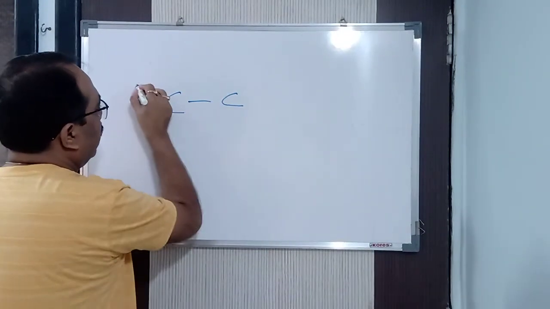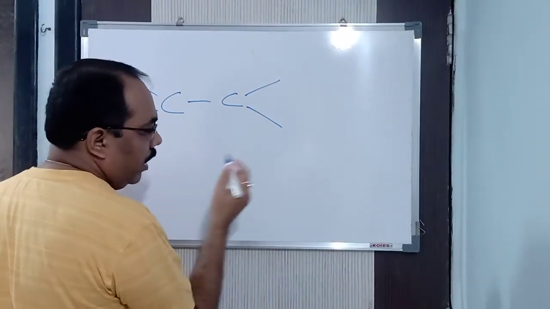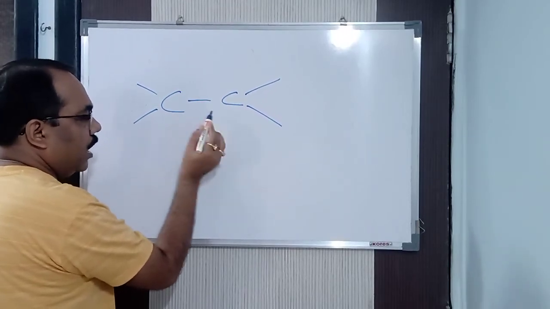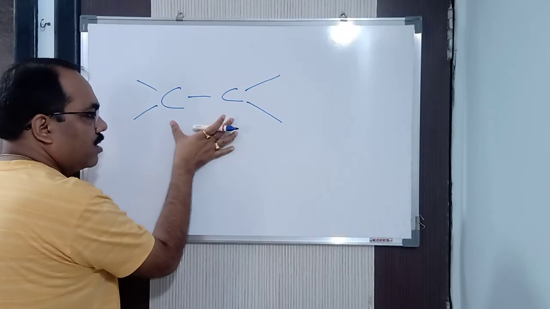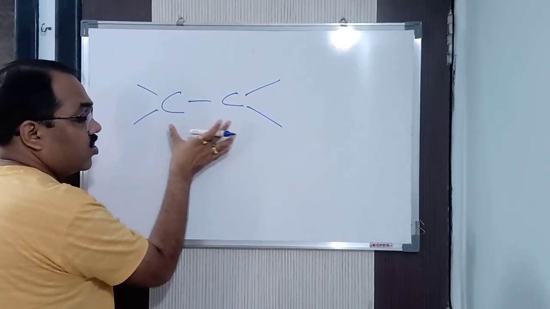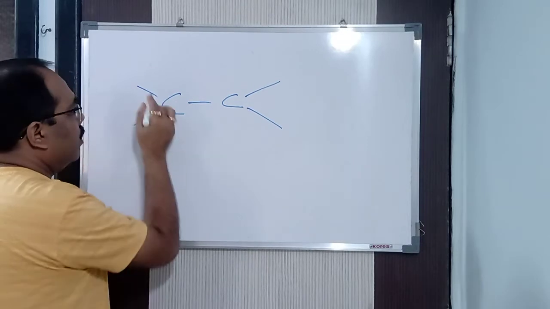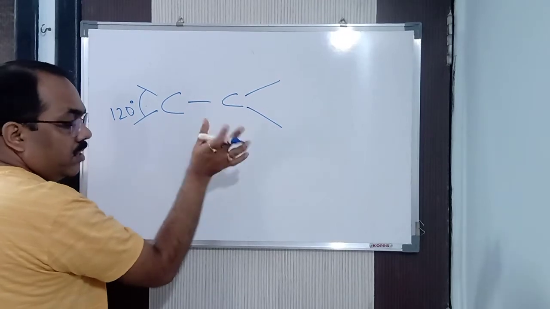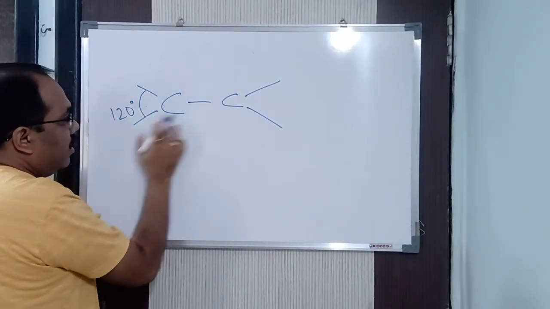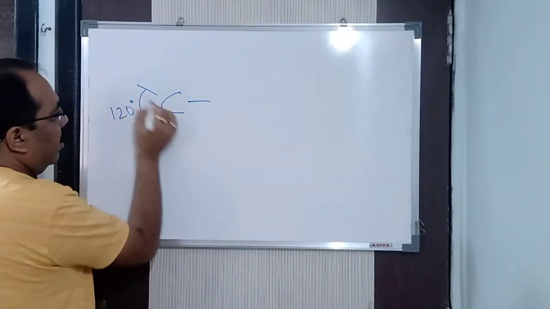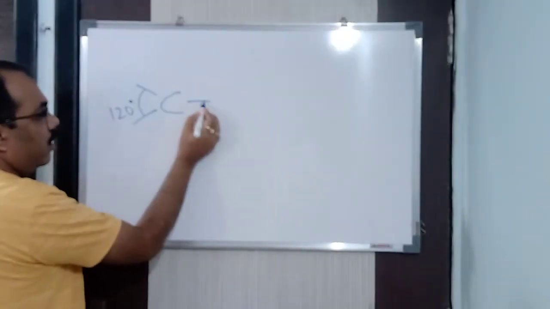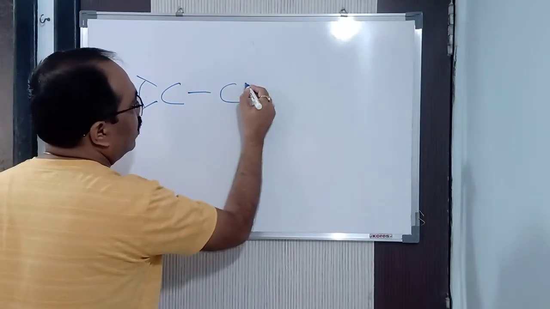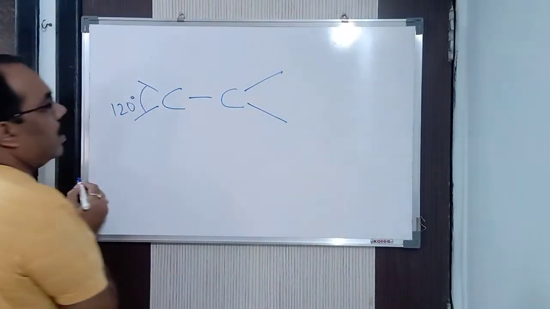Now this is a carbon atom. Generally you will study in chemical bonding that when there is a carbon-carbon double bond, the molecule is trigonal planar. The shape of the molecule is trigonal planar and the bond angle is 120 degrees. How is it trigonal planar? See here, this is a triangle, or not? See the angle here: this angle is 120, this angle is 120, and this is also 120. Same thing here also, it is trigonal planar.